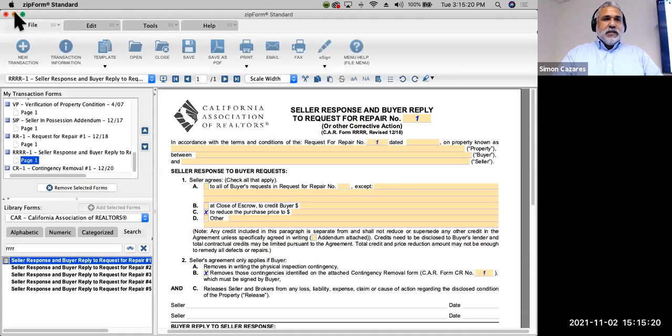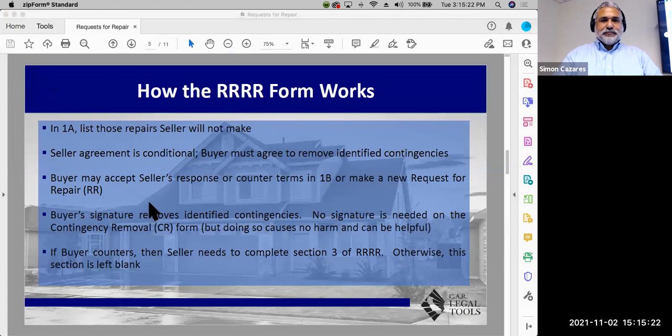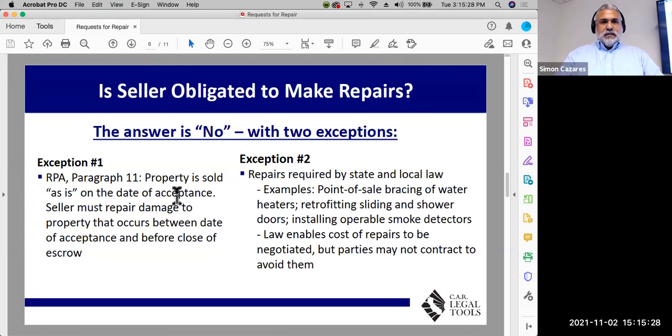Let me go back real quick and click this. Is seller obligated to make any repairs? The answer is no. The seller is not obligated. And that's paragraph 11, as I mentioned. Property is sold in as is condition as of date of acceptance. Seller must repair damage to the property that occurs between the date of acceptance and before